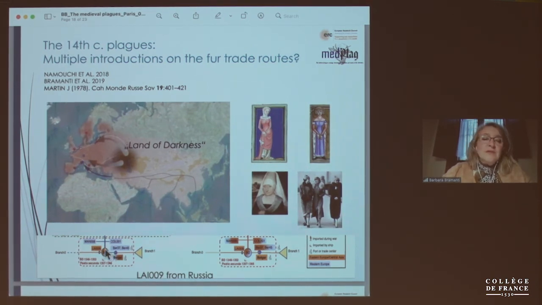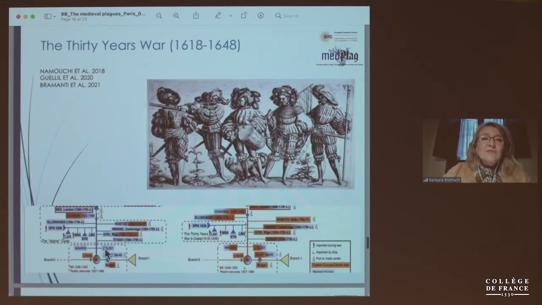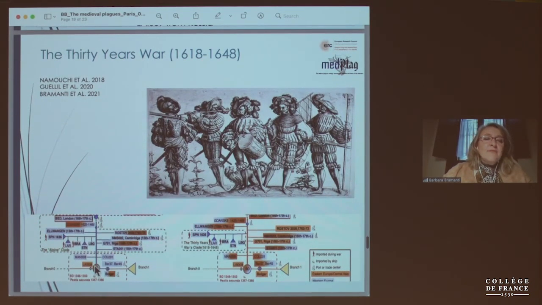But what about the post-Black Death strain? So, after the model of the local reservoir, you have to consider that it remains in Europe. And this is the reason why we have painted it in blue to distinguish it from the other hypotheses which consider their introduction from the east, which is therefore painted in brown, just to distinguish them.